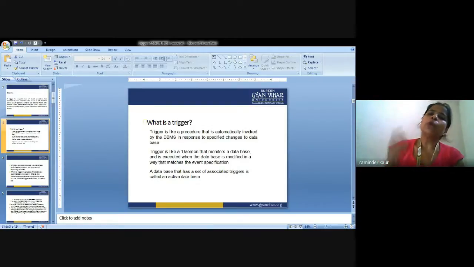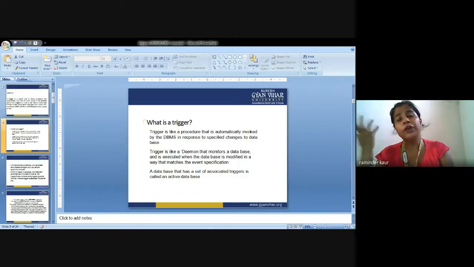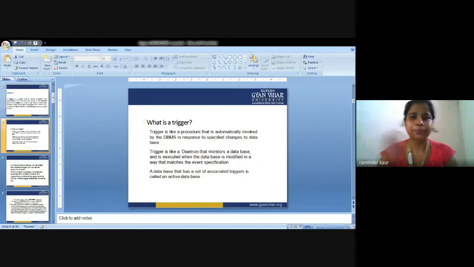So what does it mean? It means it could cancel the attempted data modifications. Such a trigger might go into effect when you change a foreign key and the new value does not match its primary key. So what would be the result? However, foreign key constraints are usually used for this purpose, because if we are talking about referential integrity, then we are supposed to use the concept of foreign key.